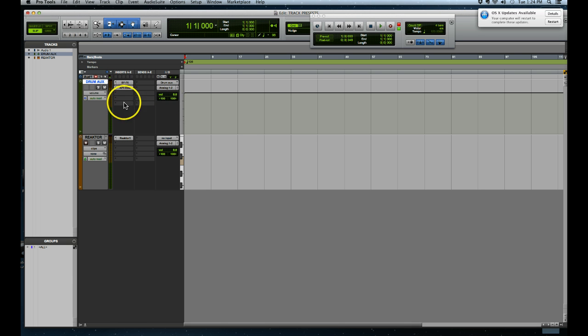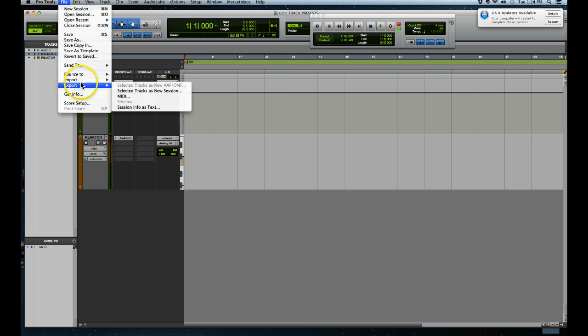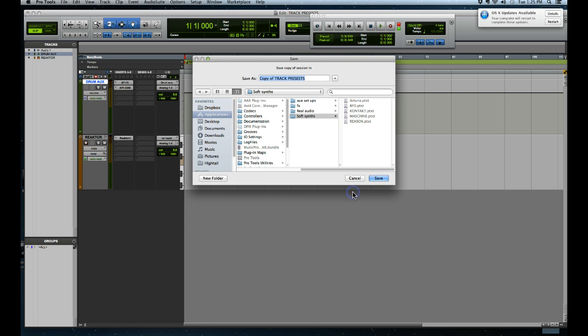The first thing you need to do is select the track that you want to save for a later date, and you go to File and you go Export Selected Tracks as New Session. Hit OK, and then on this section you've got to save it in a particular place. Okay, so you need to